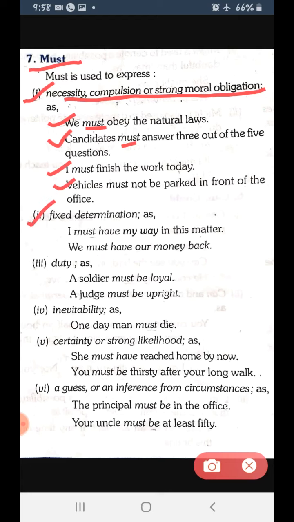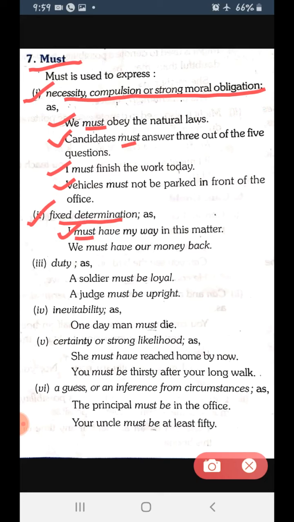Now let us see point number 2. Fixed determination. That means determination which is very fixed. Determination means a strong power to do something or a strong desire to do something. That's called determination, a strong willpower. Example number 1, I must have my way in this matter. That means I am not getting any conclusion, I am not getting any option, but I must have my way